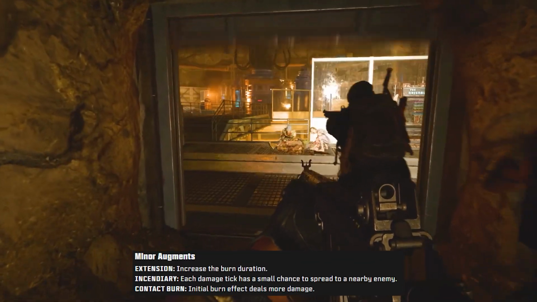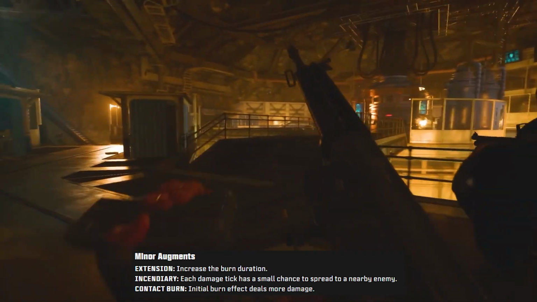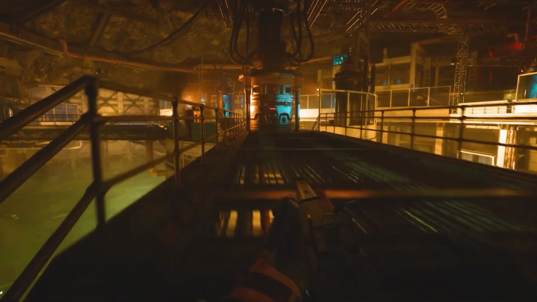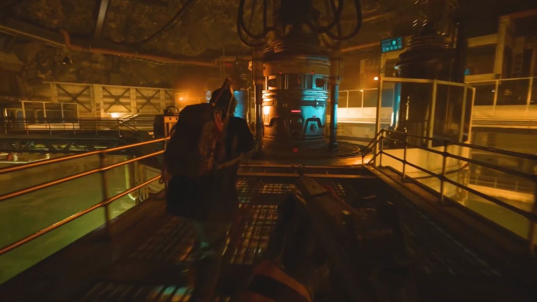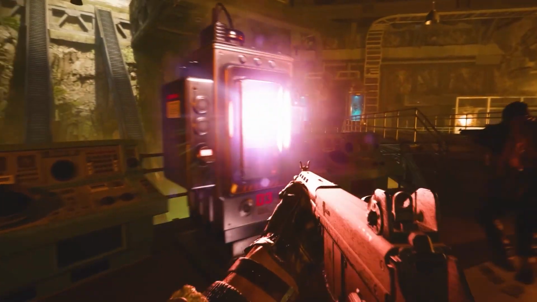Each damage tick has a small chance to spread to a nearby enemy, and Contact Burn's initial burn effect deals more damage. For this, I'd be going with Firebomb and Incendiary because it would make the area of effect just massive. Last but not least, moving on to field upgrade augments, Ring of Fire leaves from Cold War